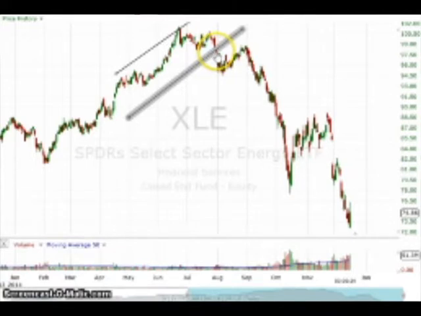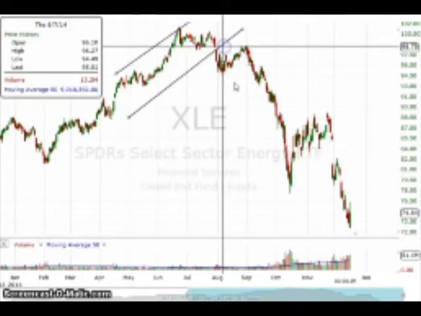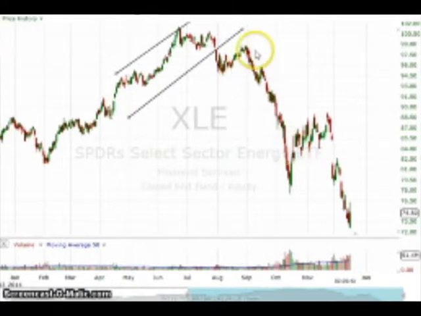Now here, where you see this red candlestick, two red candlesticks actually, the XLE failed to take out a new high, tested the channel, then the price fell below, right here, below the prior low, right there. Now that is an indication that the trend could change, and had the stock been able to get above here, that would have represented a failure in confirmation, thus continuing the downtrend.